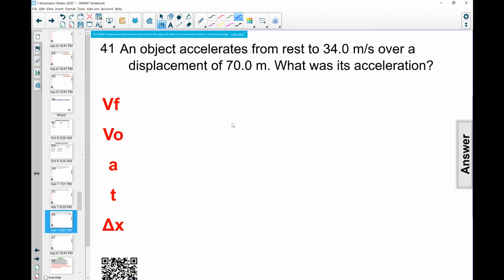Don't forget a couple of reminders about Positive Physics. You have to click the check answers button to save your work on each question. So you can't just do it at the end. You have to click check answers for every question. You don't want to click finalize until the very end. And then when you're done with all the questions, then you click finalize, and then you can go back and make corrections. And your grade will be the average between your first score and your corrections.